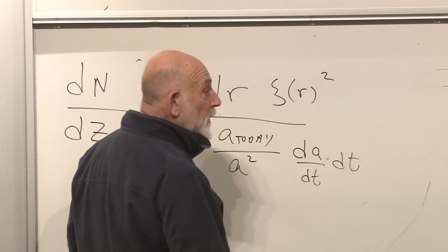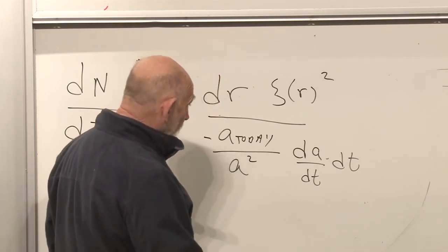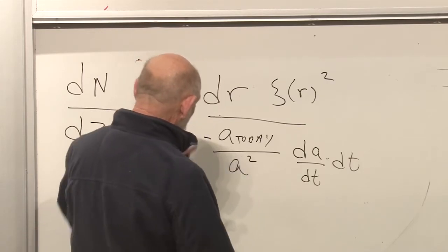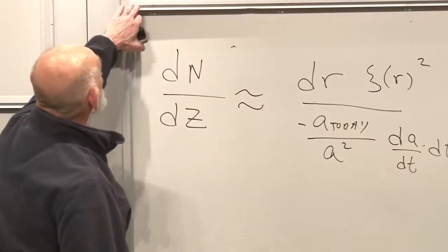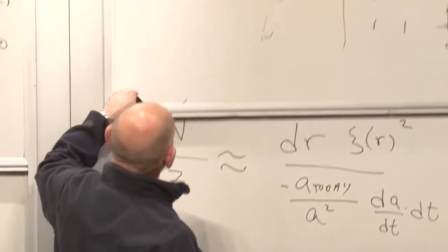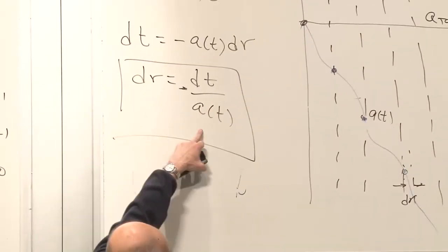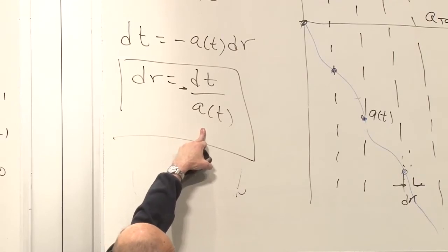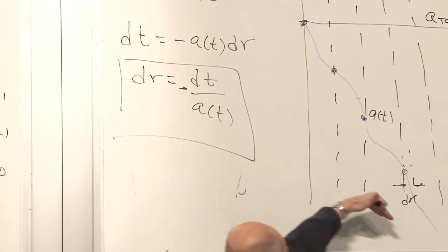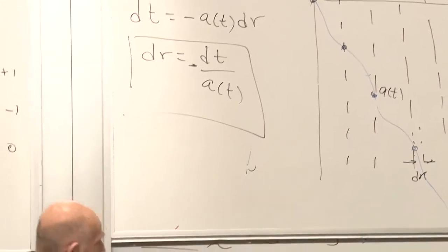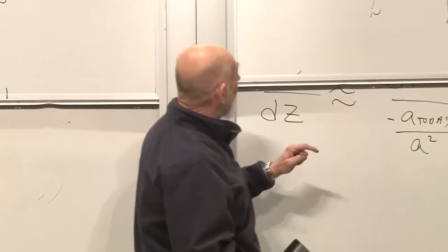It's not quite dr. No, we have dr by dt. What's dr by dt? Here it is. dr by dt is minus 1 over A of t, right? Along a light ray. That's why I had to do this. That's why I had to figure out what that is. So dA, let's see, so